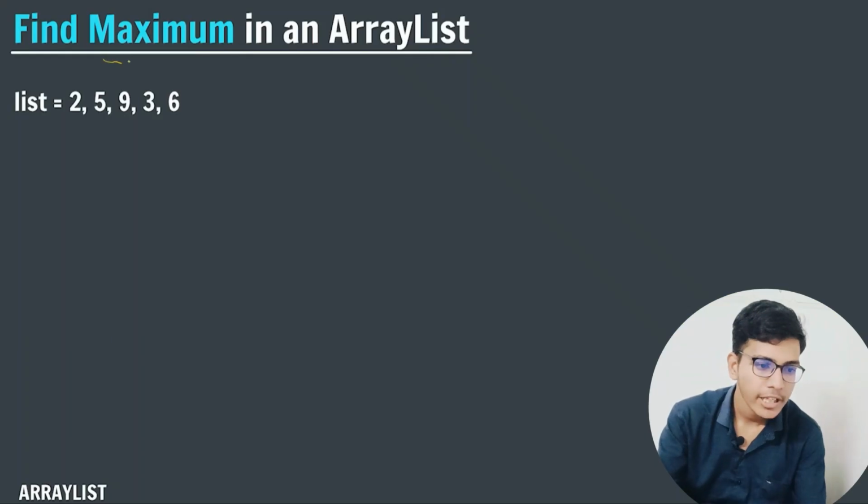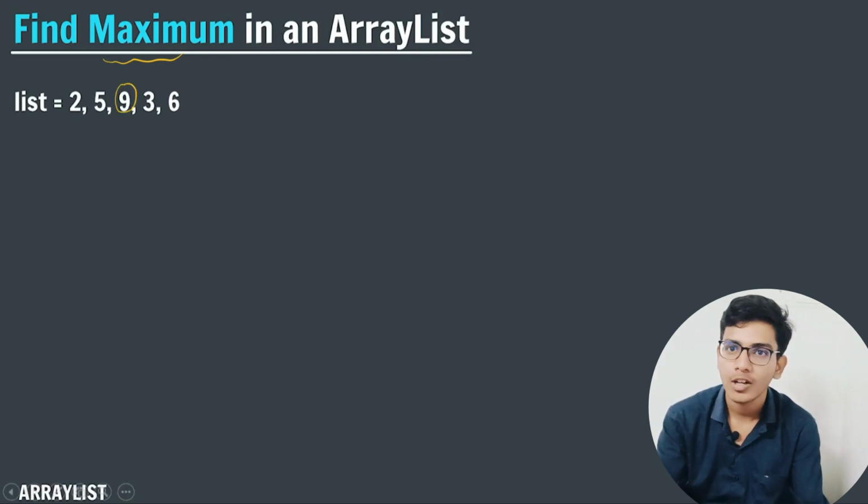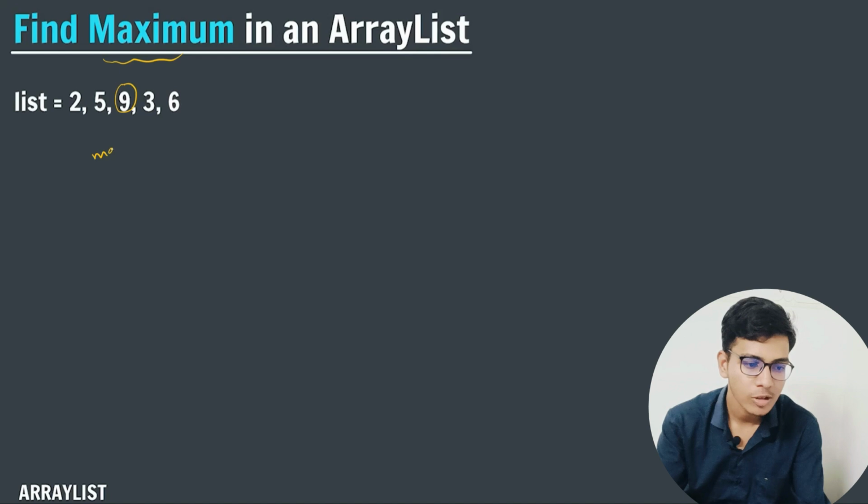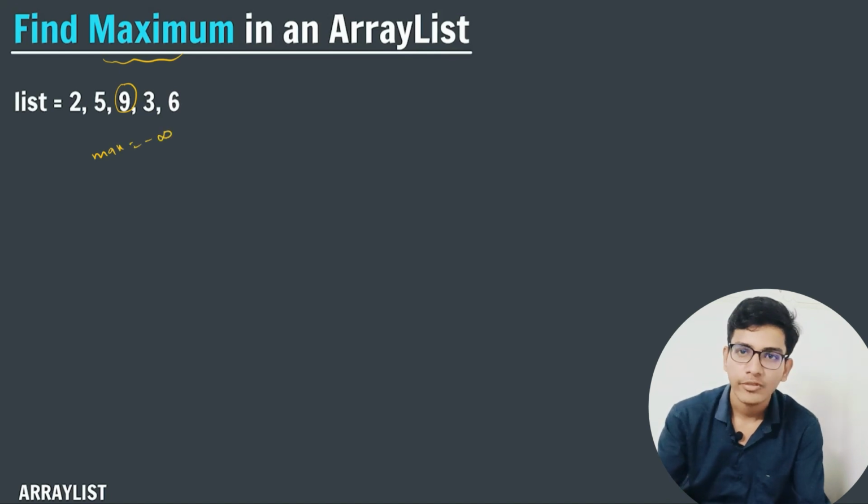In this question we need to print the maximum element which is present in my array list. So in the given array list, what is the maximum element? 9 is my maximum element. We already know that we will just run a loop, and we'll consider that our max is equal to minus infinity. After that we will run a loop